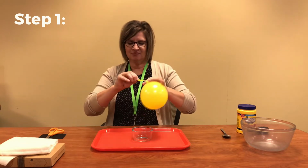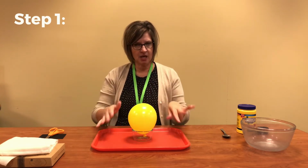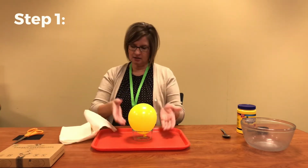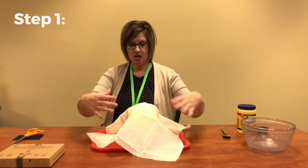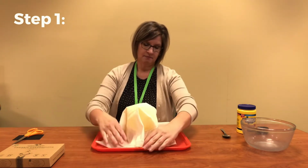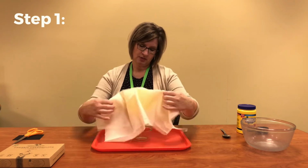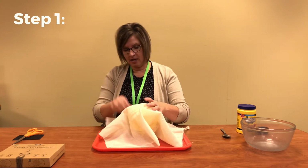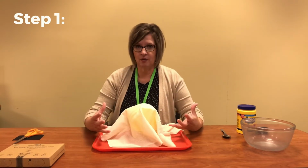So you want it, I'd say like the size of a softball, something like that. So we're going to be making a short little small ghost today. And then you can just test the height of your vase with your cloth at this point to see. You want to make sure all the edges are able to touch the tray or your table, that kind of thing. So you want some gathering in there, so it can be crumpled up a little bit, and it's all touching, because the ghost is going to stand alone